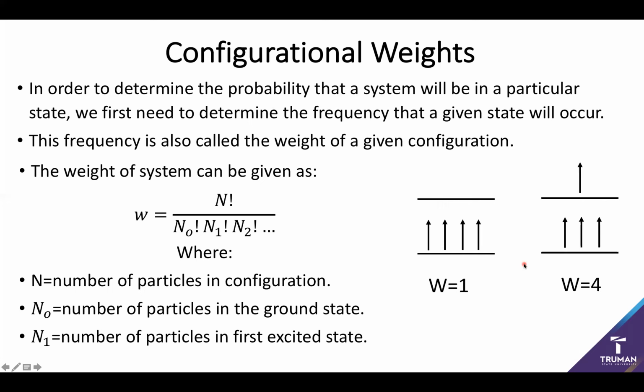For example, if I then go to this state where I move one of my particles up to the first excited state, it now counts four times as much as this initial structure, because guess what? Each one of these different particles can take a turn being the excited particle. So while it's less energetically favorable, it's more statistically favorable. And being able to calculate these weights can be fairly important.